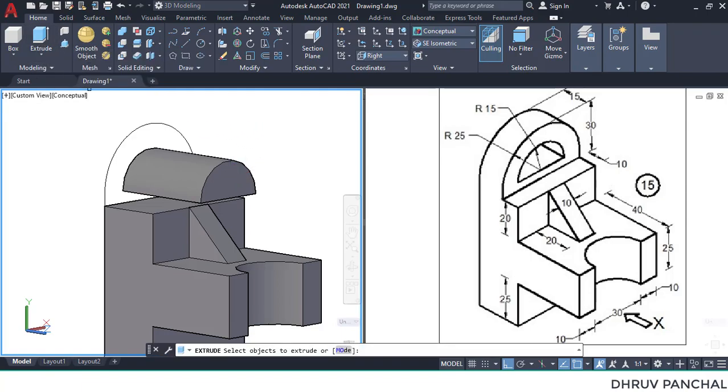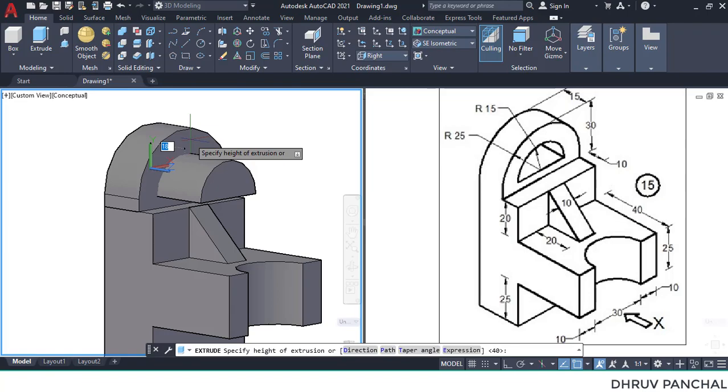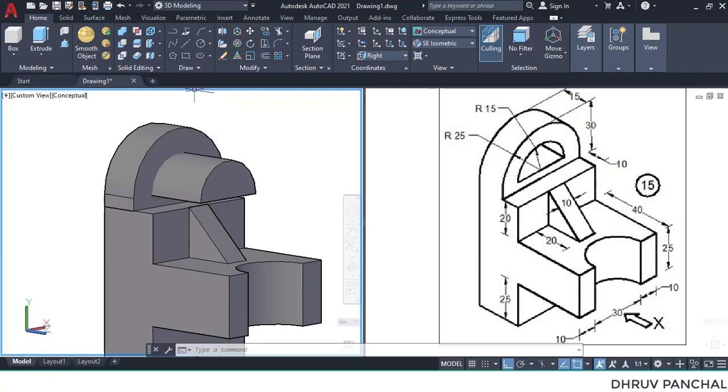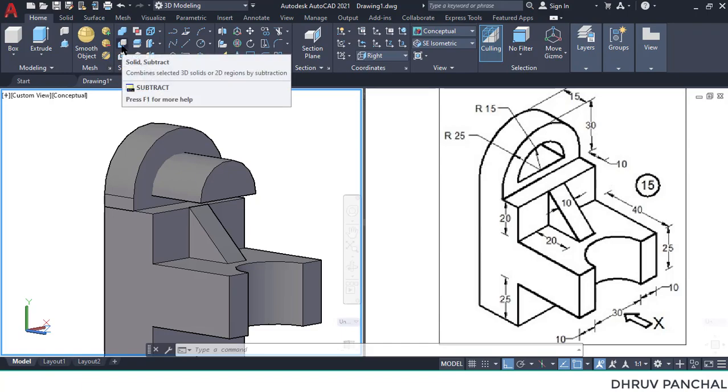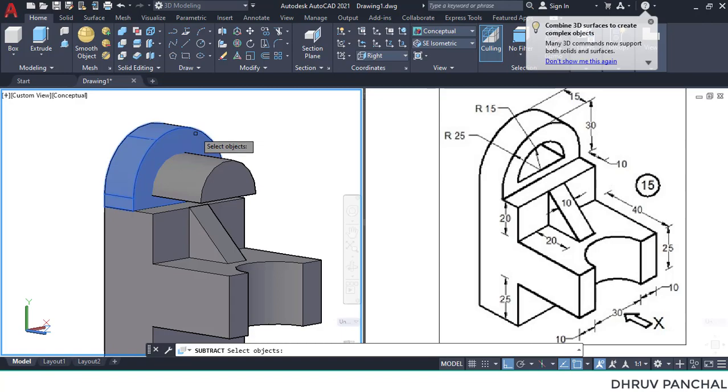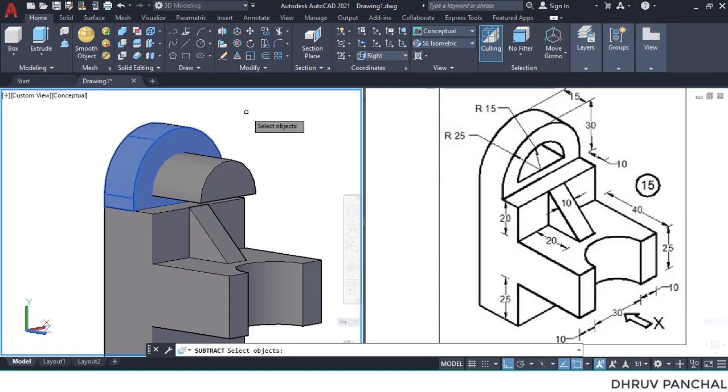Again use extrude command and select the outer circle and extrude it up to 15 millimeters. Now we will use Boolean operations in which select the subtract. Now select the object which you have to keep, press enter and select the object which you want to remove and press enter.